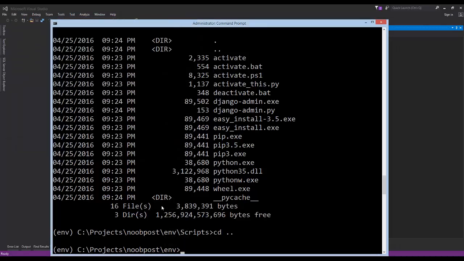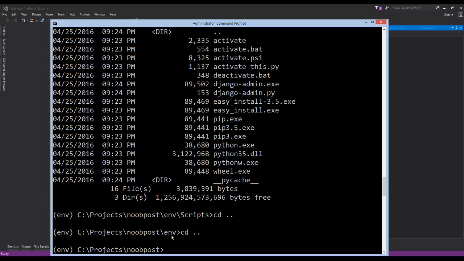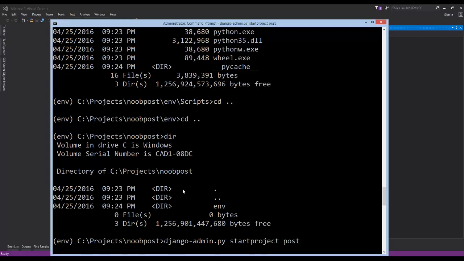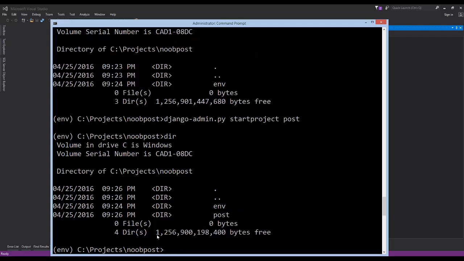Now let's go ahead and create our Django project. So I'm going to get out of the environment directory and go into the main noob post directory. And I'm going to go ahead and create a project called, we're going to call it post. Okay, so we're going to say django-admin.py, which is a file that's going to be accessible now that we've installed Django. And we're going to say startproject post. I'll just call it post. And now if we dir into the directory, you can see we now have an actual Django application set up,